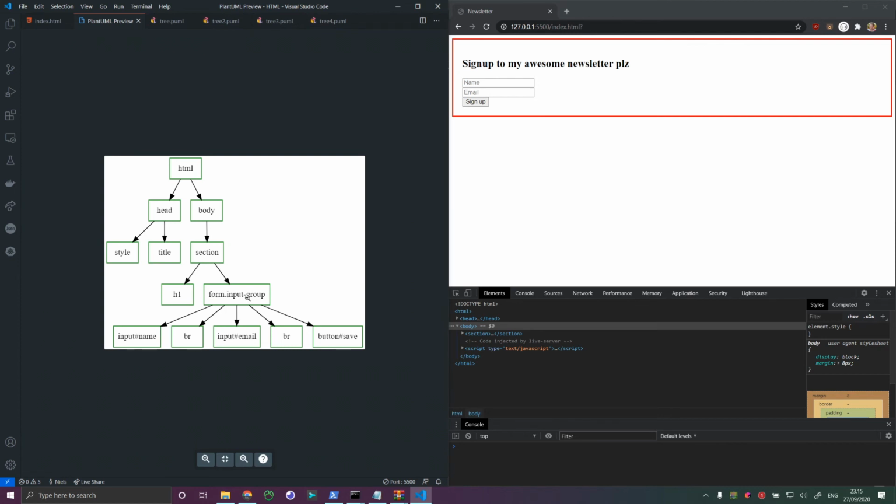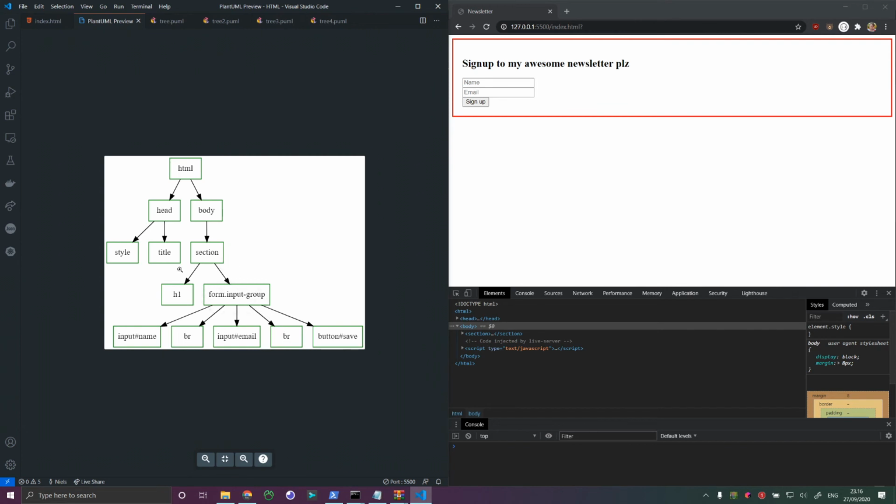The parent of this one is section, the parent of this one is body, and the parent of this one is HTML. And then if we go the other way around, the children of HTML is head and body, the children of body is section, the children of section is h1 and the form input group, and so on. So in this case, when we know this, we can append a child onto this part down here